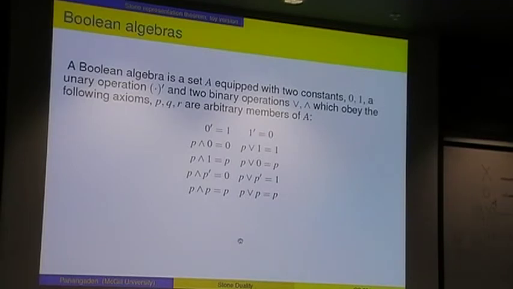Okay, so now let me get down to duality. So first I'd like to do a toy version, which is the Stone representation theorem. We start with Boolean algebras, a whole bunch of axioms here which I don't expect you to read, but roughly speaking, Boolean algebras axiomatize ordinary propositional logic or ordinary set theory with the two binary operations of union and intersection